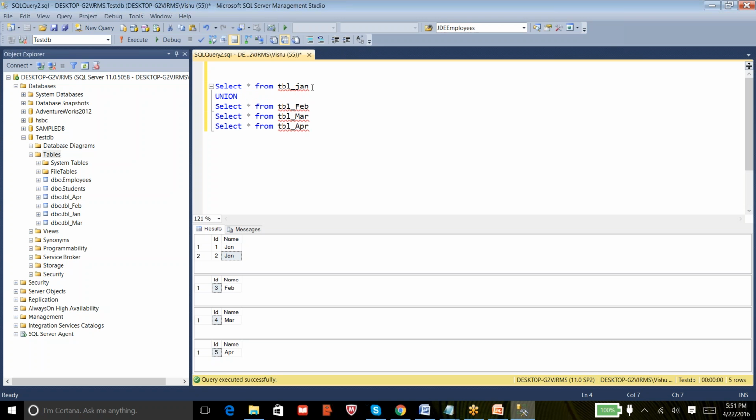The major difference is, if you use union, it will eliminate duplicate values. It will only select the distinct values. If you use union all, it doesn't check whether there are duplicate records in Jan and Feb. It pulls out all the records.